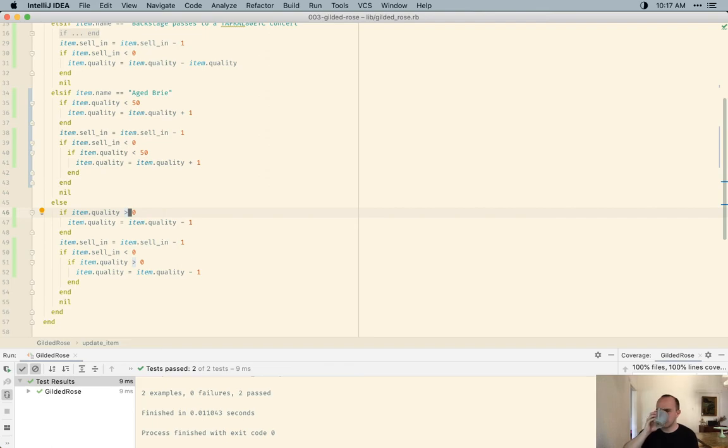That's too bad, because otherwise the code looks very similar. So it's this quality threshold that seems to be the difference maker here. Saying less than 50 is the same as saying,